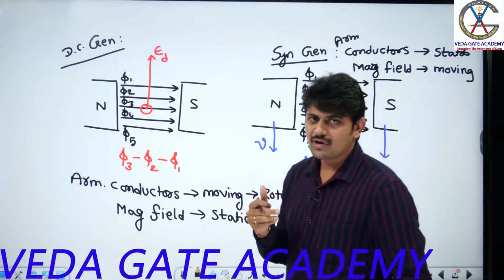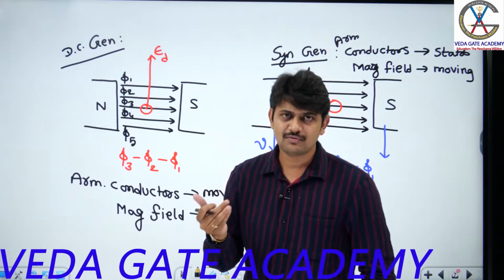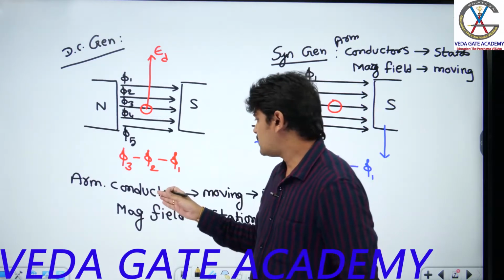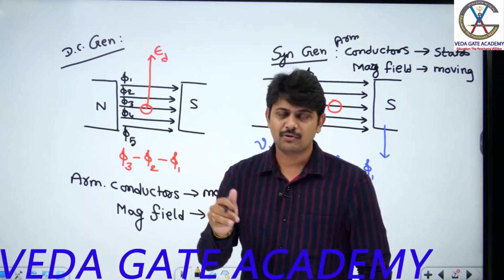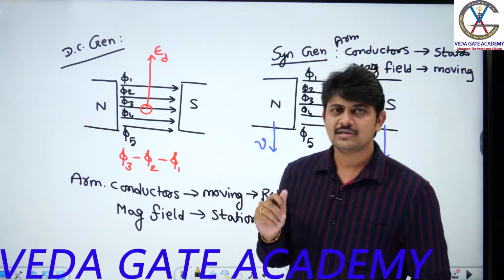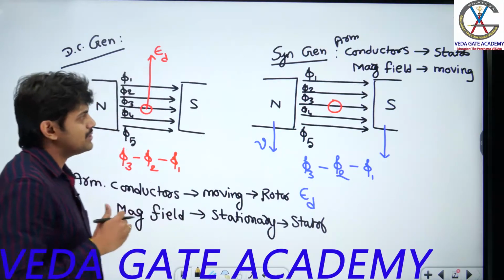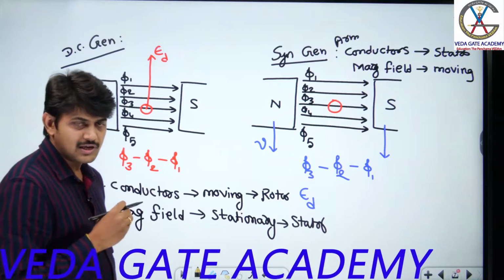So we will have a commutation process. During that commutation process, we will understand that without rotating the armature conductors, the commutation process is not possible. We will try to understand those points in DC generators. I hope you understand this. This is the brief idea about dynamically induced EMF, okay.